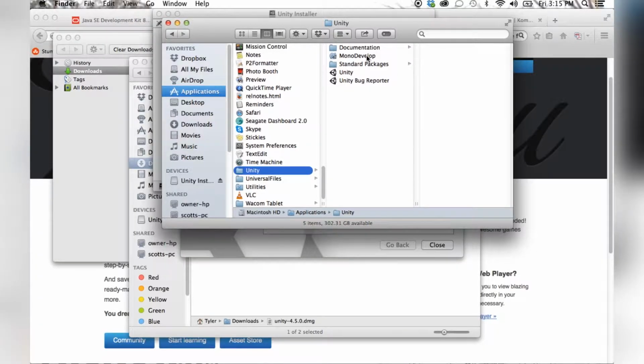Alright. So it has downloaded, and you can see here that it has downloaded everything in there. It automatically downloads this program called MonoDevelop. It is a text edit program. I personally do not use it. The book recommends that you don't use it, that you use your own personal one, whatever text edit program you actually like. You want to open up Unity,